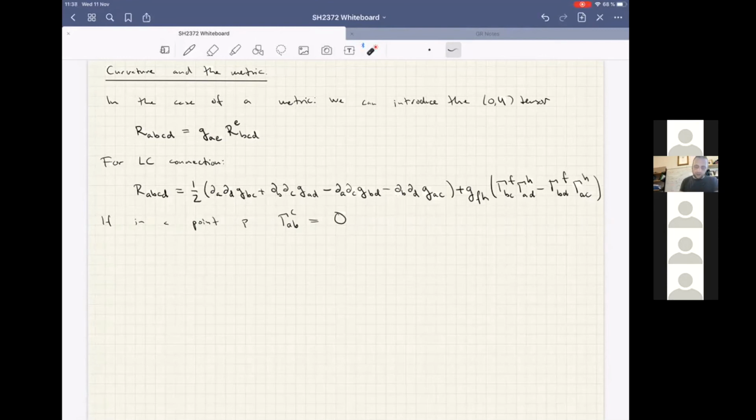Because if you just look at the curvature tensor and you say, oh, this is a rank 4 tensor, you would a priori think that it can have n to the 4th different components, because each of the indices can take on n different values, so the dimension of the manifold, which gives us n to the 4 different components. However, if we look at this and we look at the symmetries of this,